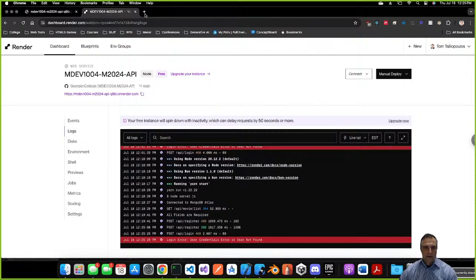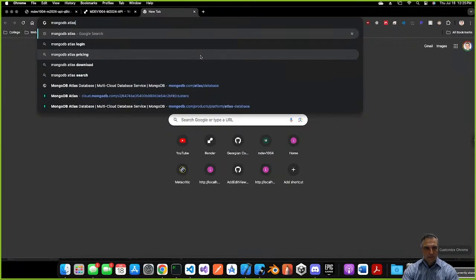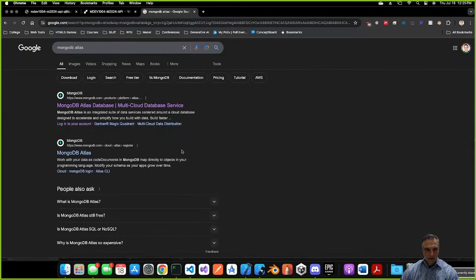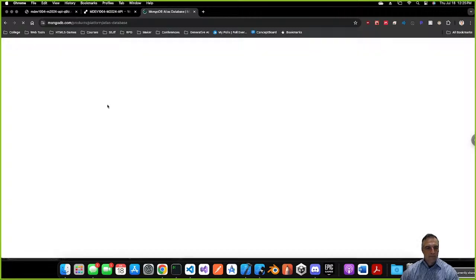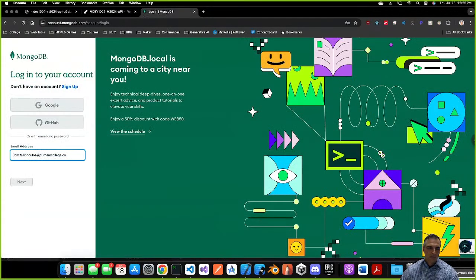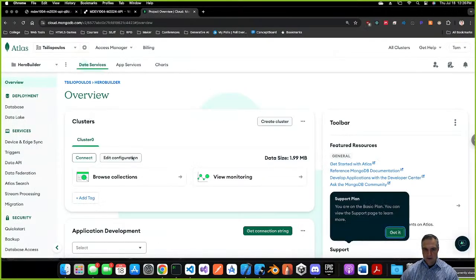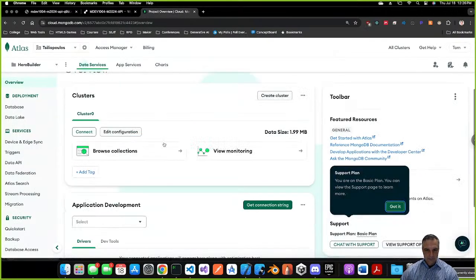Okay, well, let's look at MongoDB Atlas. So MongoDB Atlas, and let's see what we got. So back to this, and then yes, accept all cookies, sign in, and we're going to go to this. So we're checking all the stuff that we have so that we make sure that everything is good. And this is part of our process, right? So that way we're not